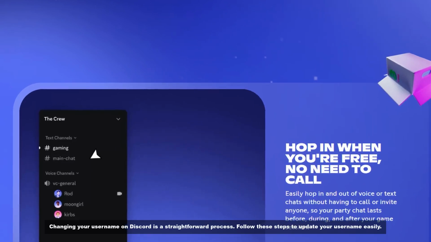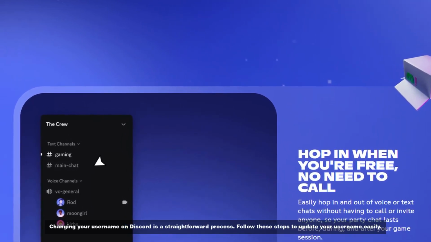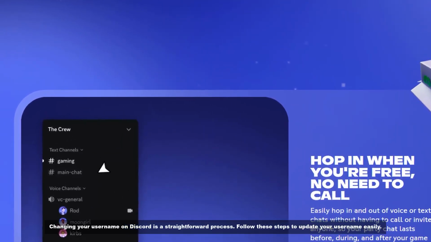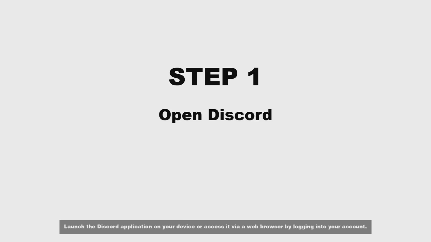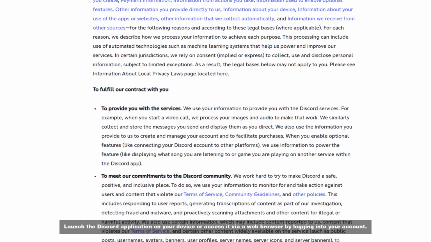Changing your username on Discord is a straightforward process. Follow these steps to update your username easily. Step 1. Open Discord. Launch the Discord application on your device or access it via a web browser by logging